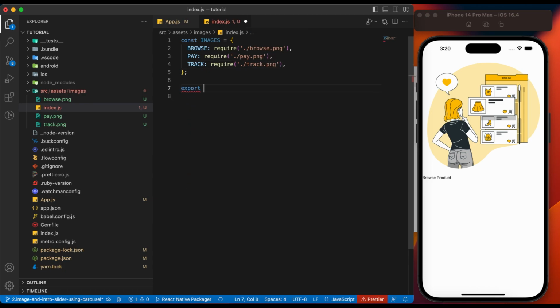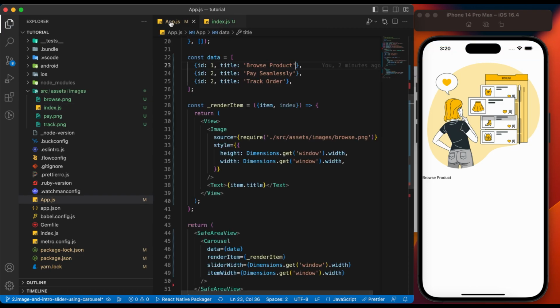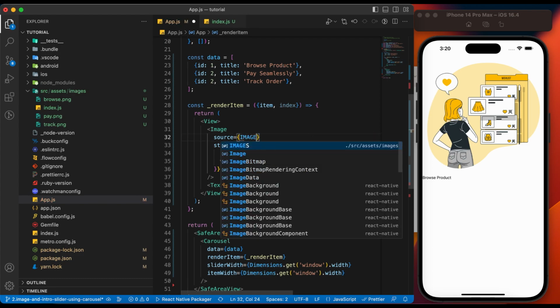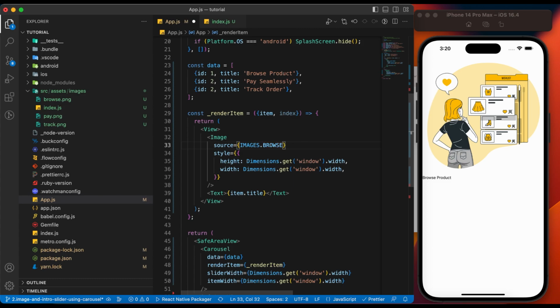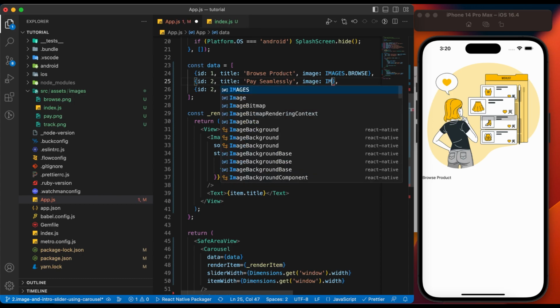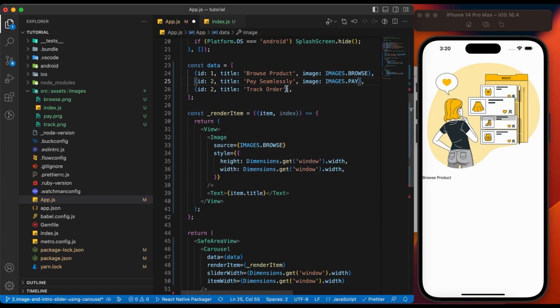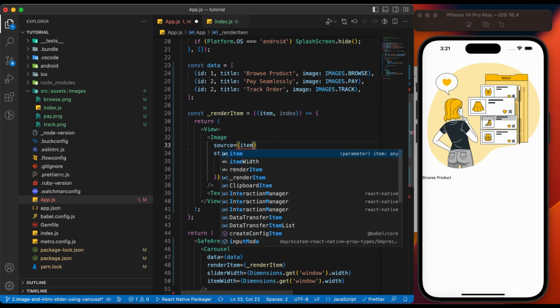Export the images object as default. Let's replace the file path with the images object link. Now, we'll add the images to data array. Make the image dynamic.